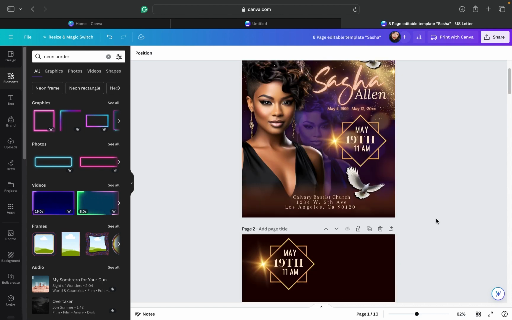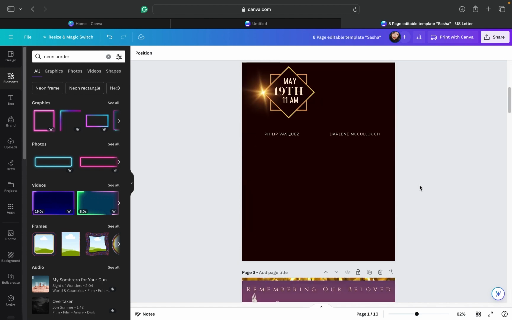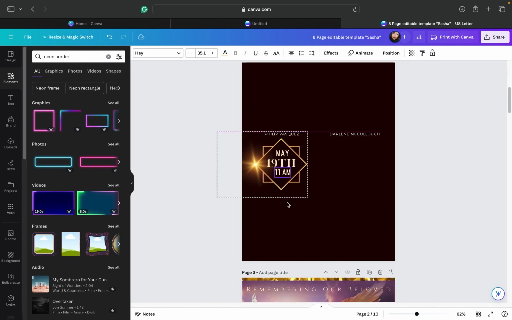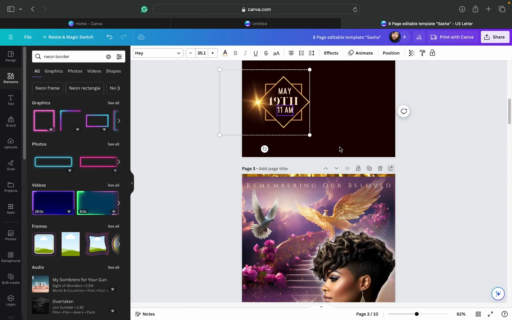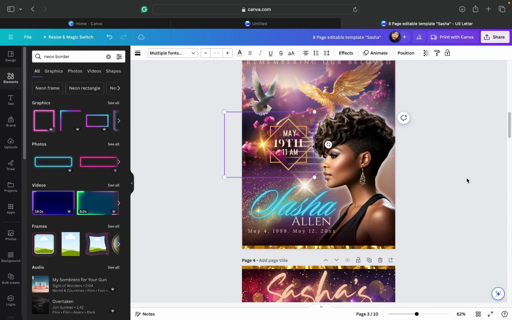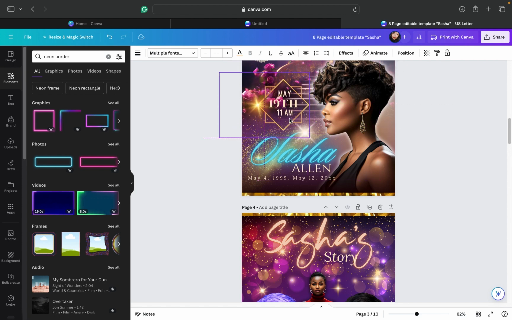On the original template, you had it right here that the service was May 19th at 11 a.m. Okay. And I did have the church information on here. So I saved, remember, we saved this element that was already grouped together. I'm going to take this and bring it onto our newly designed template just to kind of see what it looks like. And if I want to keep this right here,